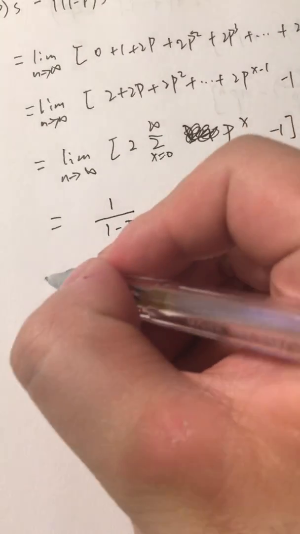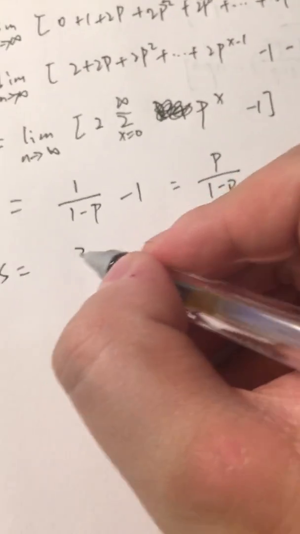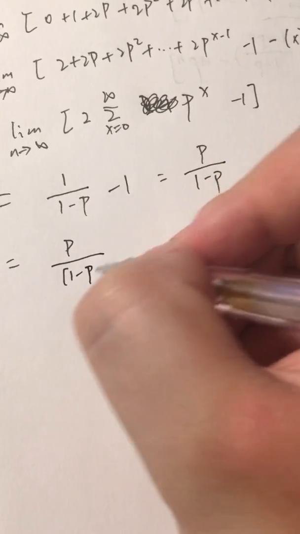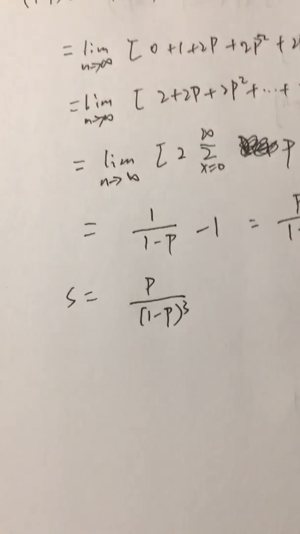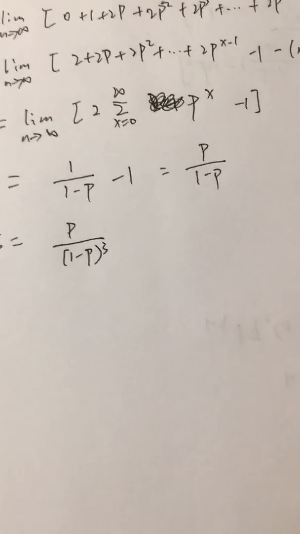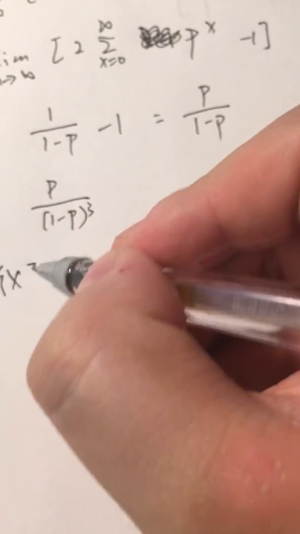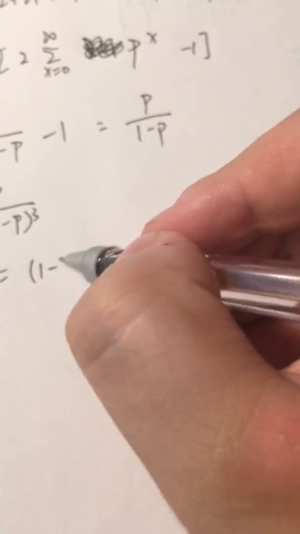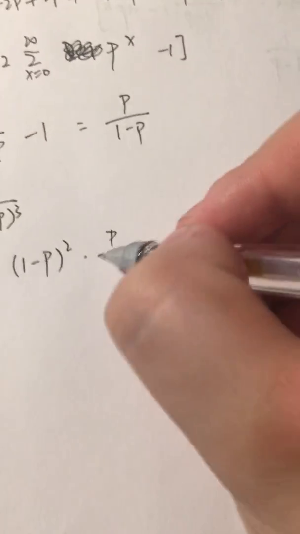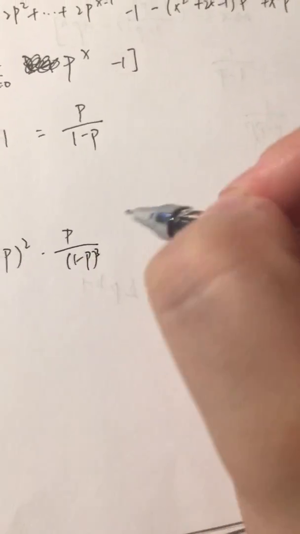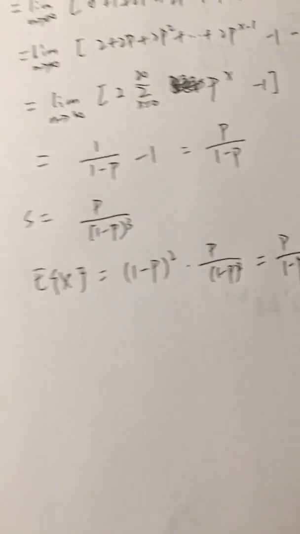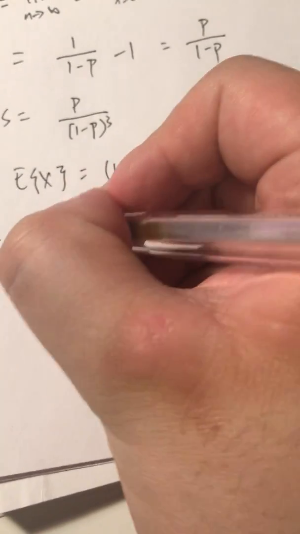So S is p divided by (1 minus p) squared, and then we get the EX, which is (1 minus p) squared times p divided by (1 minus p) cubed, which is p divided by 1 minus p. As for question C, we want to calculate the EX squared,